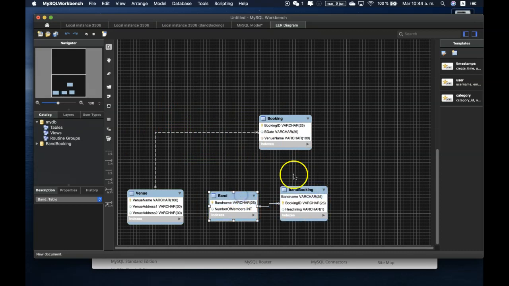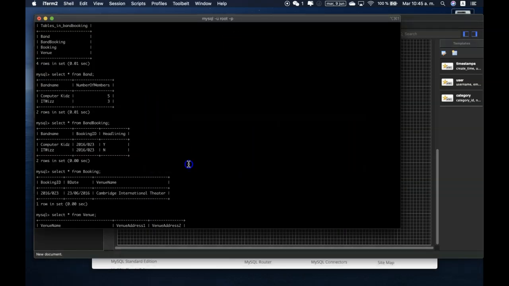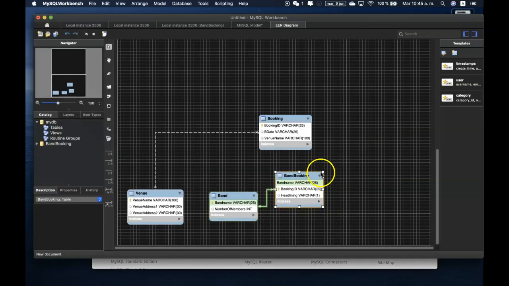Oh, band is not connected. That's bad. So band booking is connected to band, which is fine, but band booking is not connected to booking. So I haven't created that table, so I can do that graphically here, I think. No, but you know, let's do it here. It's saying that I don't have a connection between booking ID